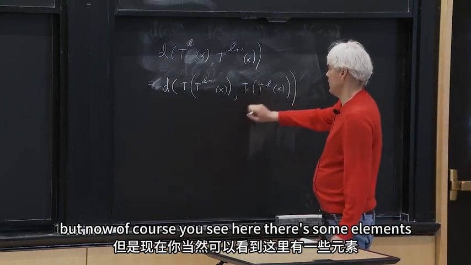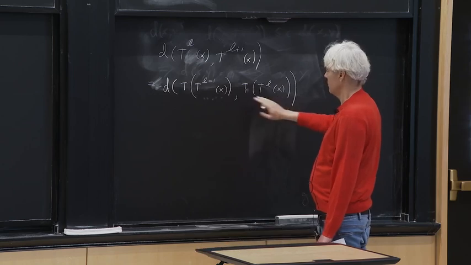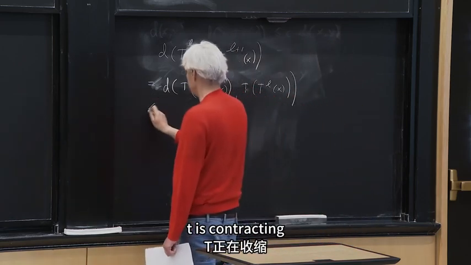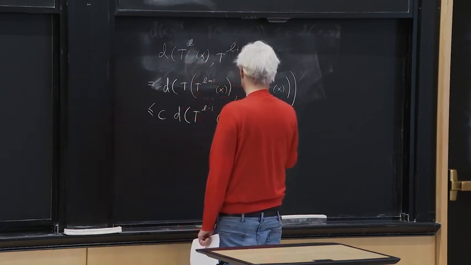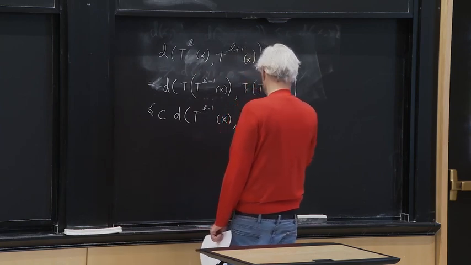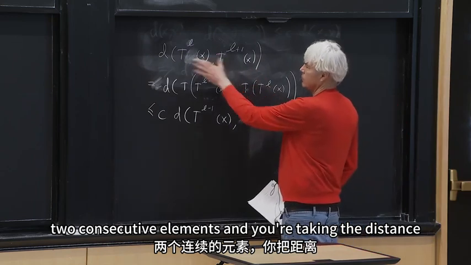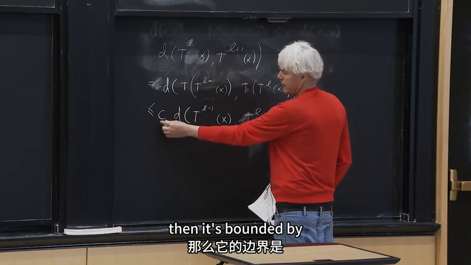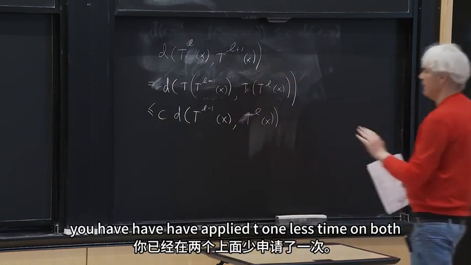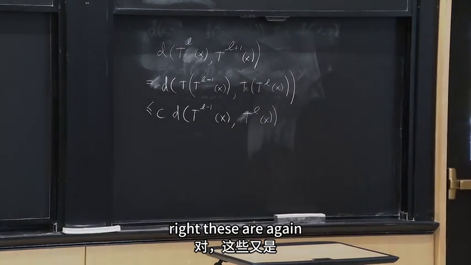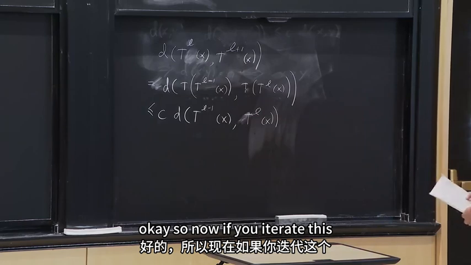But now, of course, you see here there's some element in the space X. Here's another element. They both have T applied to it. T is contracting, so you get c times the distance between T^(L-1) of X and T^L of X. So you see that if you take two consecutive elements and you're taking the distance, then it's bounded by this constant c times the distance where you have applied T one less time on both. These are again consecutive elements, but the highest one is one less, right? Okay, so now if you iterate this,